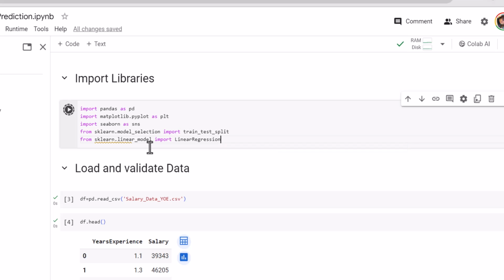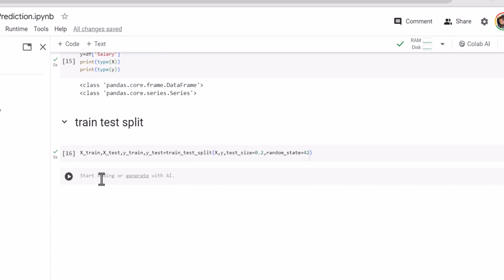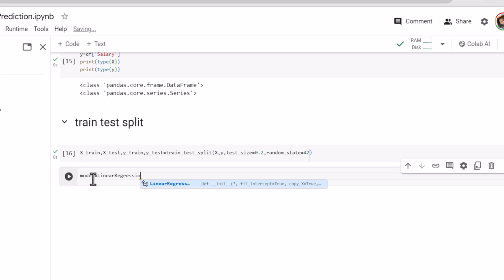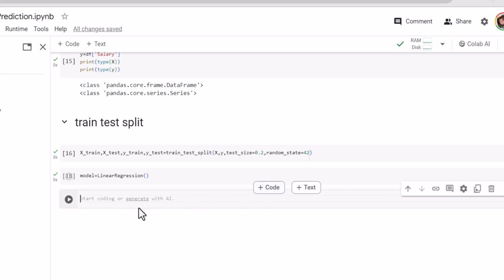Alright, let's run this and let's create an instance of this model. Call it model, okay, for now. And we are creating an instance so that we can access whatever methods are available in this class. Alright, so we have a model and it is ready to learn. And to make it learn, we need to feed the data. So we will proceed to